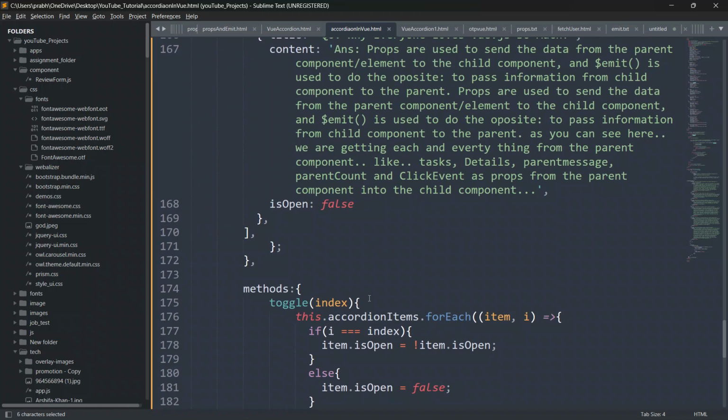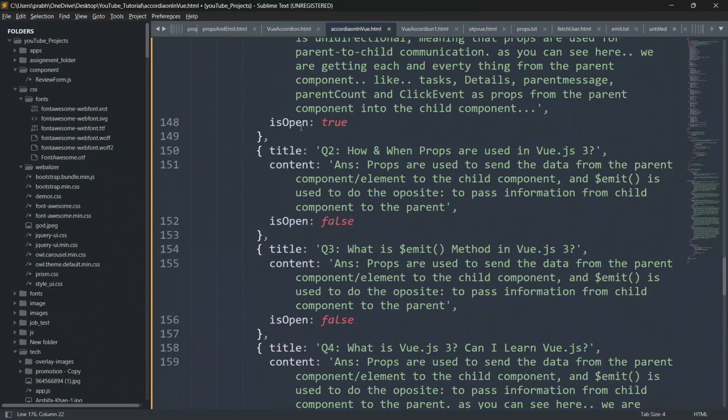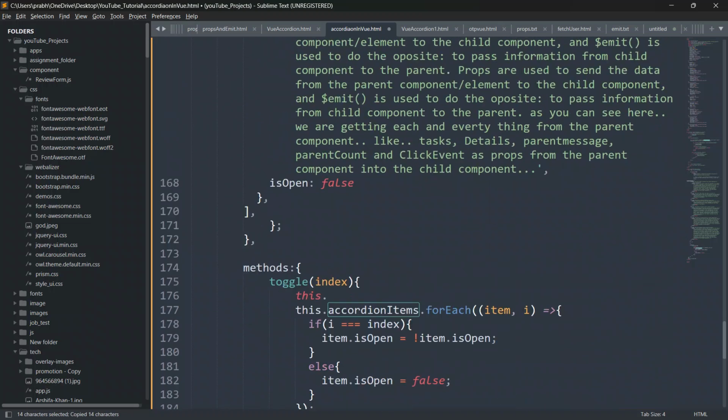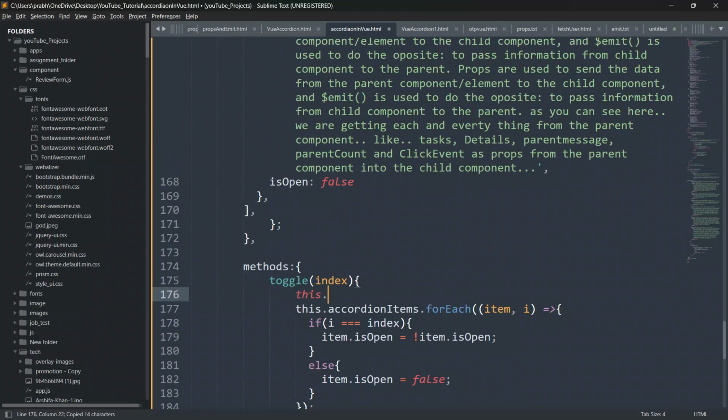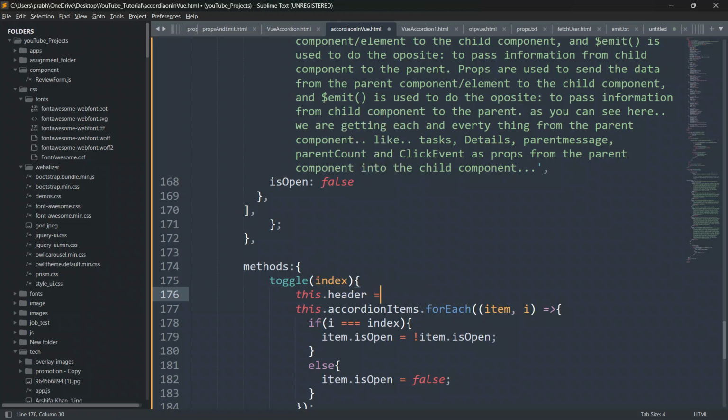So I'll say here inside this toggle method, this dot header, this dot accordion item. So copy it and we'll say this dot header equal to